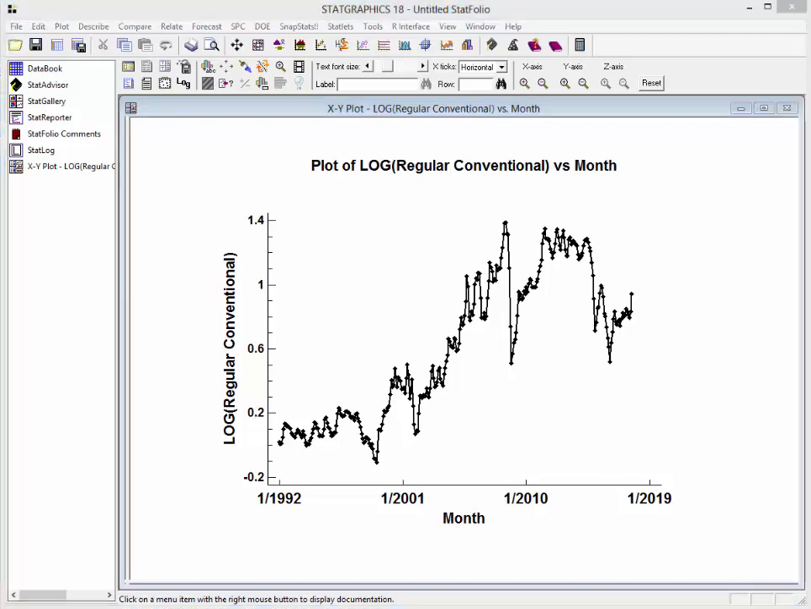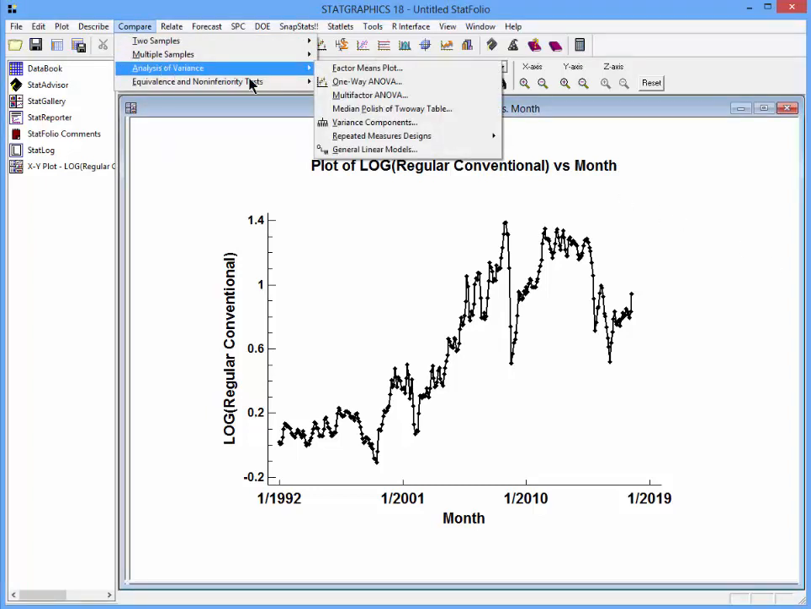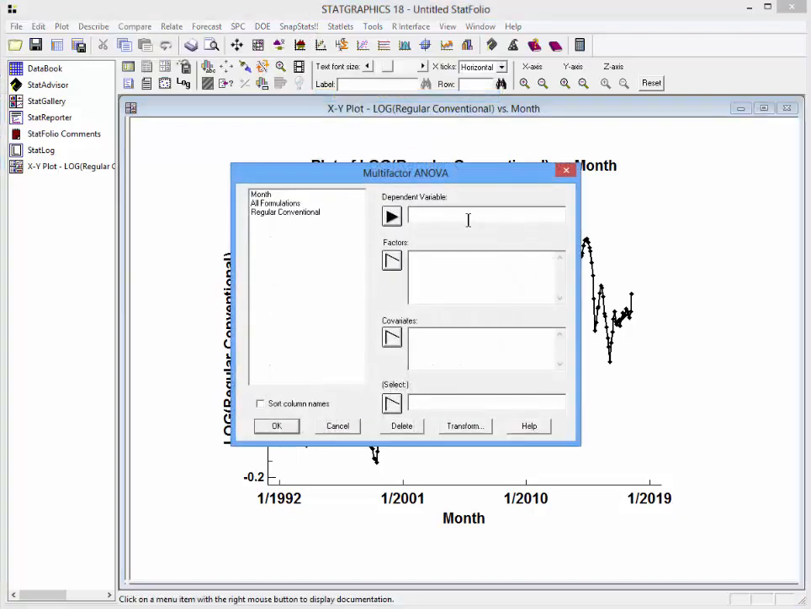Suppose now I wanted to take a look at whether gasoline prices vary significantly by month of the year. I'm going to do that by going to the Compare menu to Analysis of Variance, Multi-Factor ANOVA. The dependent variable will be the log of the regular conventional gas prices. The factors will be the month of the column month and the year of the column month. Those are 2 new operators in Statgraphics 18. I'll then press OK,